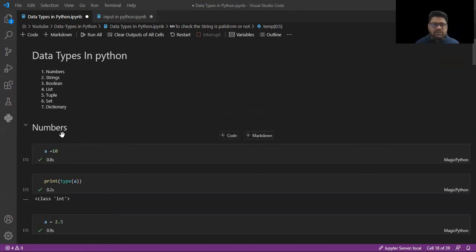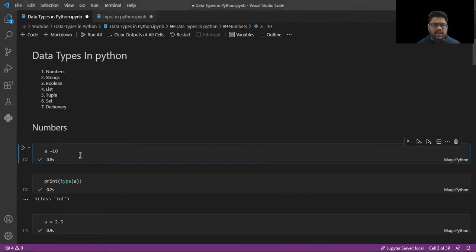We will see all these data types in this video, and I will create separate videos for set and dictionary for their operations. I will introduce set and dictionary data types in this video, but we can use multiple operations on these data types. I cannot cover those operations in this video because the video might be very long, so I have to divide it into 2-3 videos. The operations which we can perform on set and dictionary we will see in a different video.